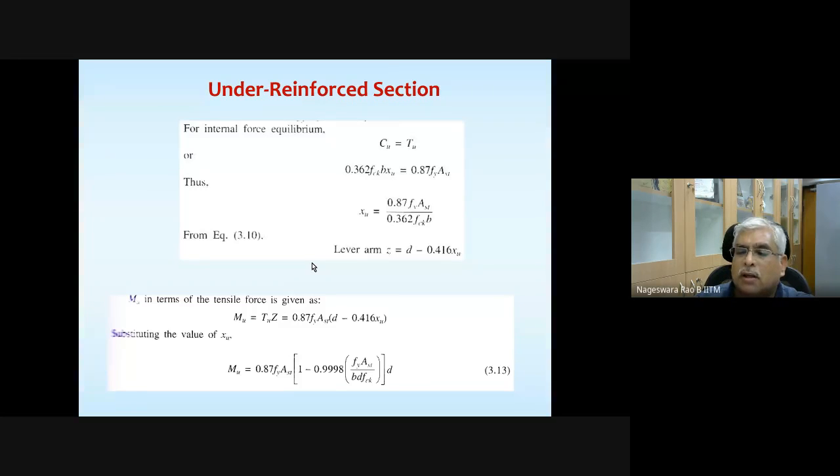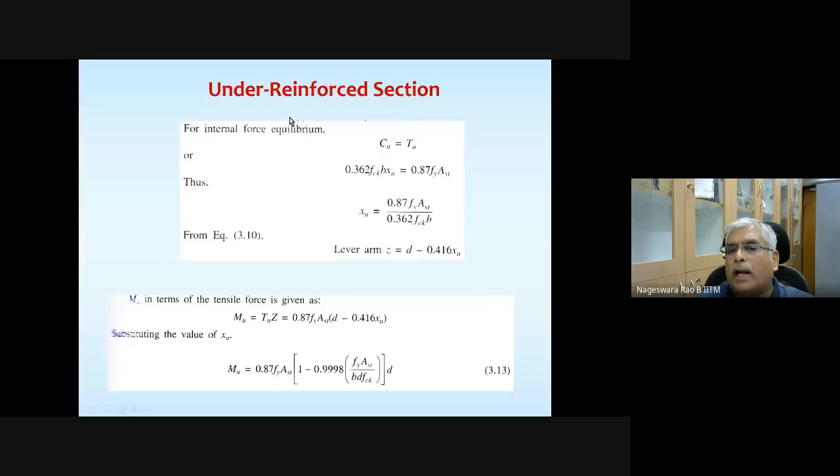Anyway, Annexure G is already giving you the equation. A slight manipulation of that equation helps you to find the area of steel. Suppose the section dimensions are fixed, and the target moment, or the design moment, is known. So you need to calculate the area of tension steel. How to calculate the area of tension steel? That is what we will be discussing now.